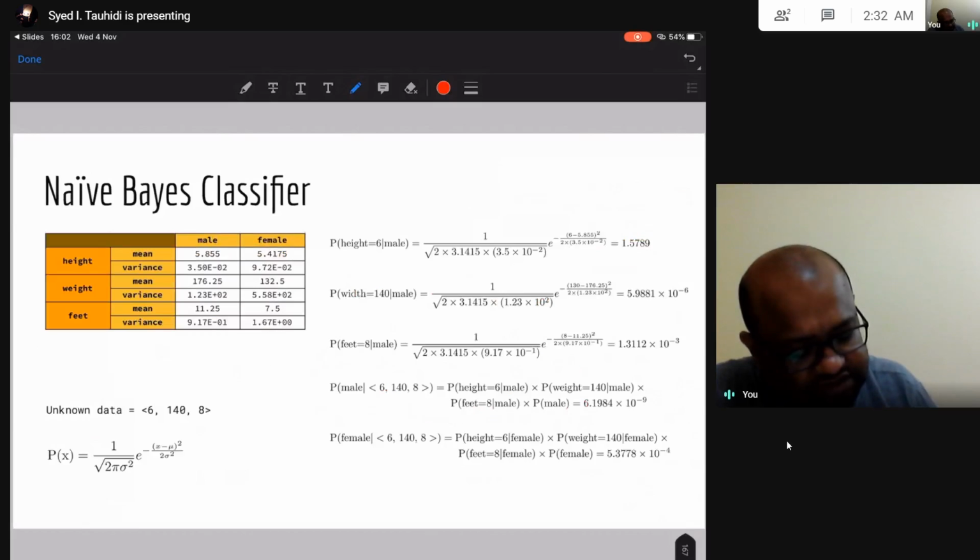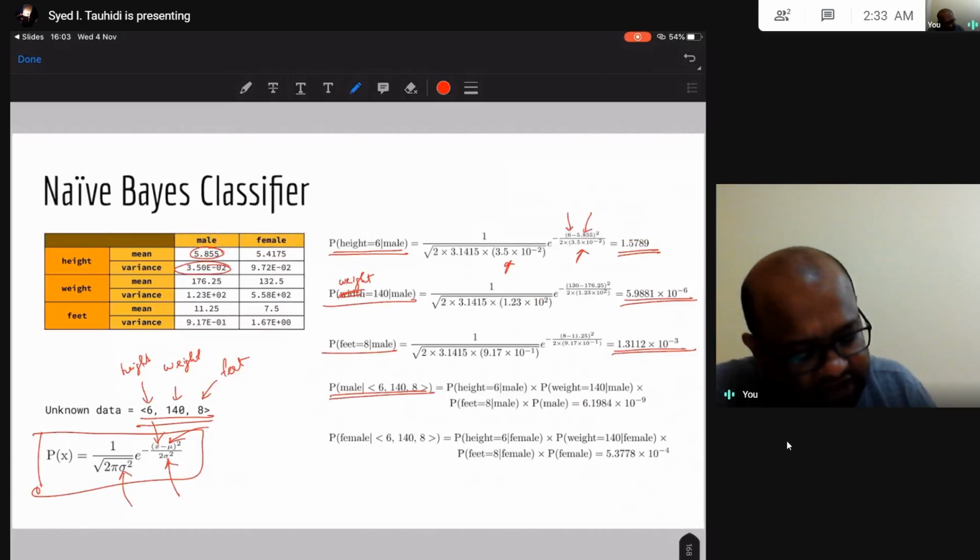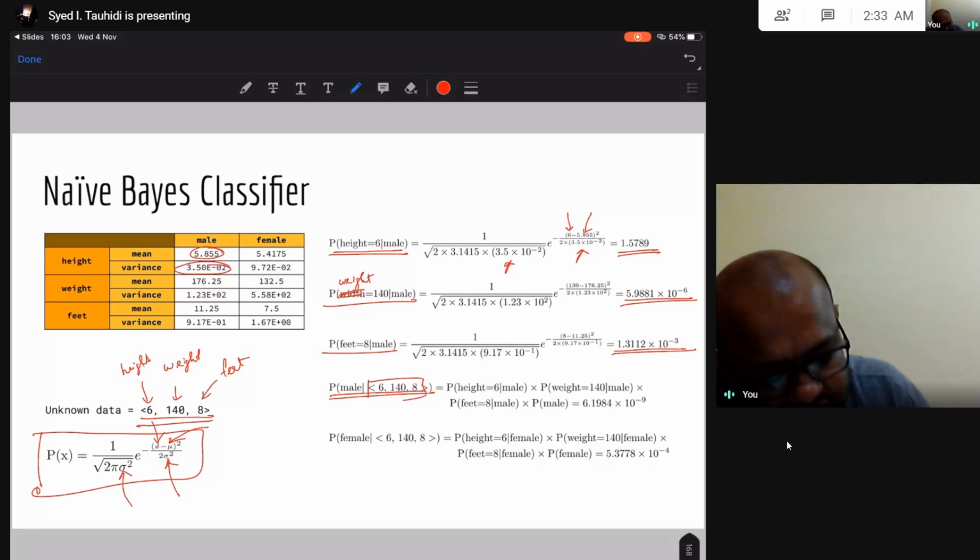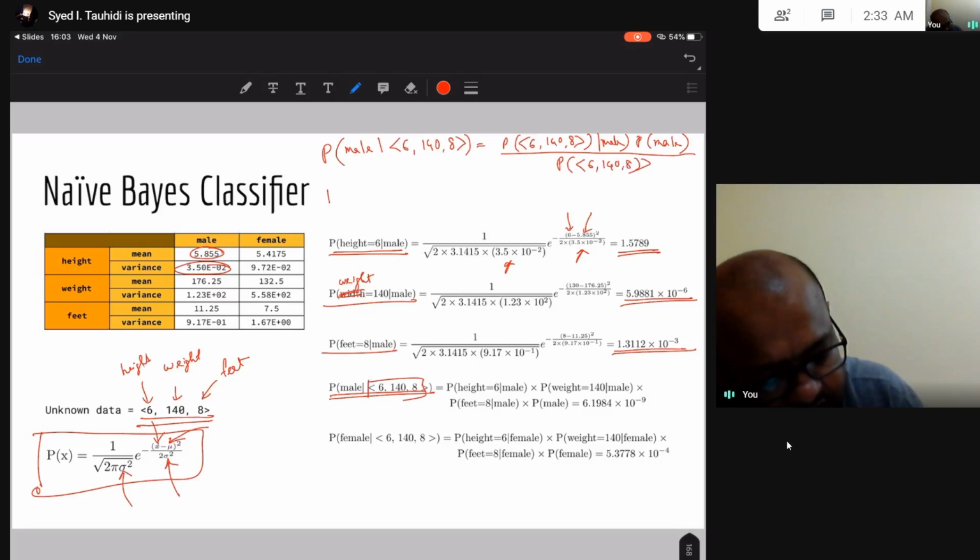I need to figure out this thing. What is the probability of male given that this is the data? So my equation would have been probability of male given 6, 148. This would have been probability of 6, 148 given male into probability of male, divided by probability of 6, 148, and probability of female